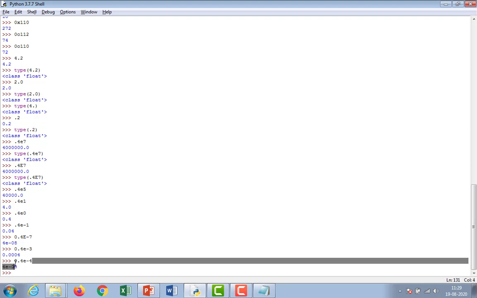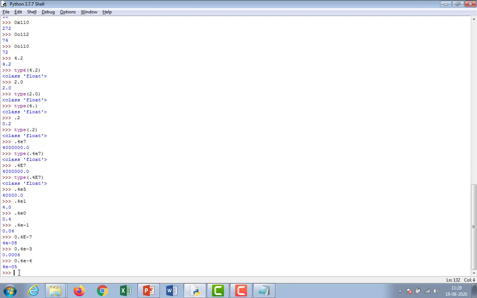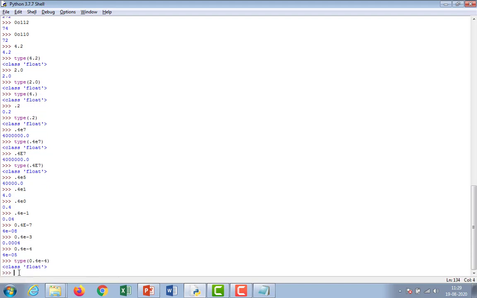Like this you have to check each and every operation available here. If you want to check type of 0.4e minus 4, it is also floating point. So this is about floating point.